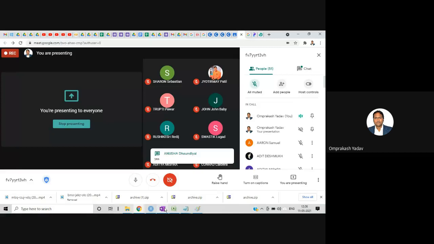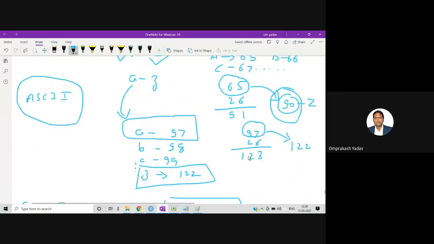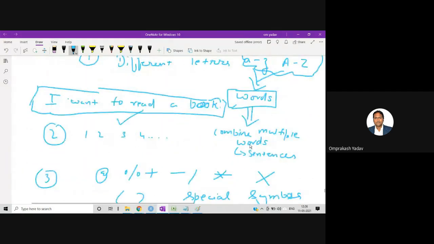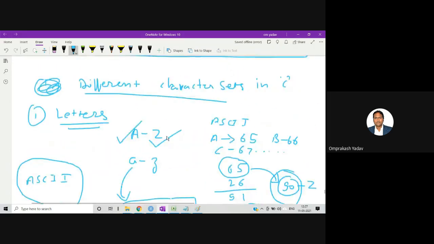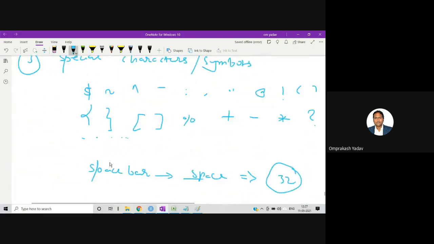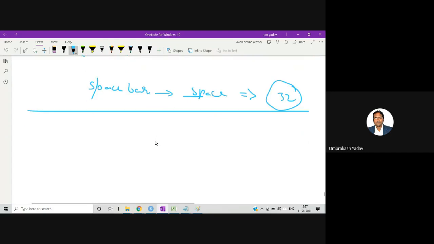Now we know the different letters, numbers, and special symbols that are present. I told you that while learning the English language, after learning the letters, we must try to make words. How will we make the words? We know the letters, so we will combine those letters and make words. Similarly here also, we will make words. Those words may or may not have a predefined meaning, but the idea is that with the help of those letters we will make words.